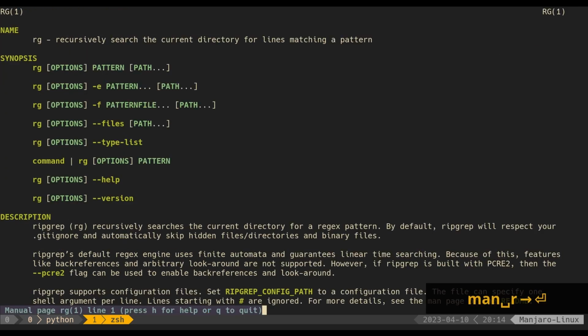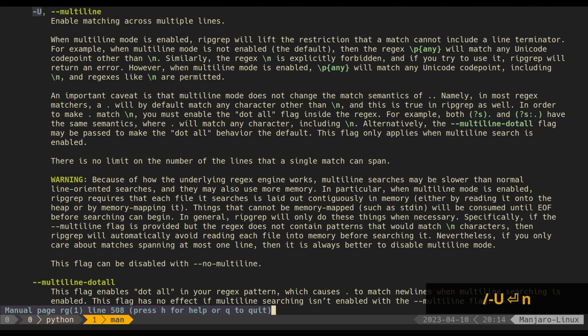We're gonna use ripgrep, or rg, which is a different tool that you will have to install in your system, and it's more advanced than grep. We're gonna use the PCRE2 flag so that we can enable back references, and we are gonna also enable the multi-line mode with -U, and that way we can match these duplicate words even if they are in different lines.